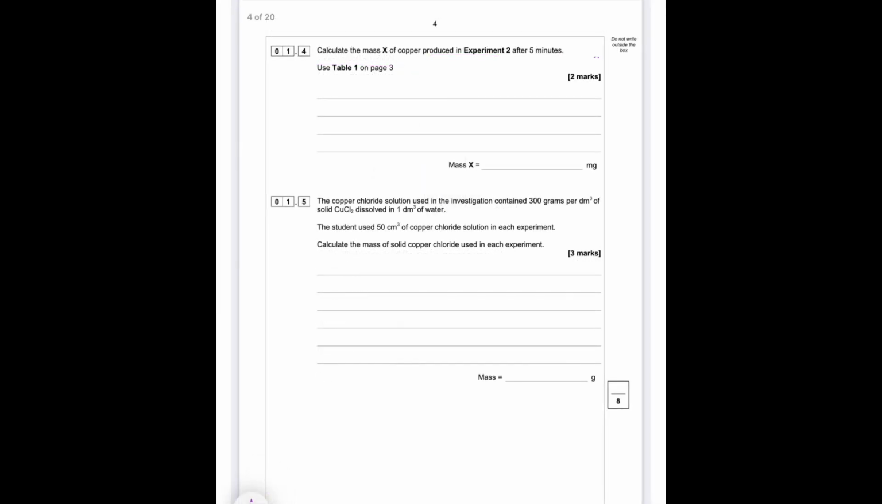In this next question, we've got to calculate the mass X of copper produced in experiment 2 after 5 minutes. And we're going to have to use our table on page 3 to help us do that. So when we look at our table and we look at 5 minutes, we have the masses of 3.02 plus our mass of X plus 3.01. So all of those three added together, then divided by 3, will give us our mean mass of